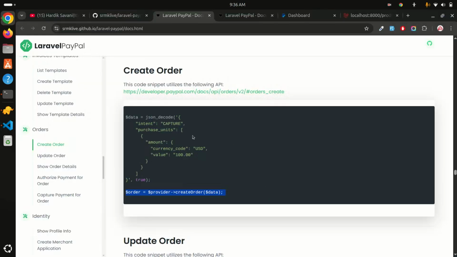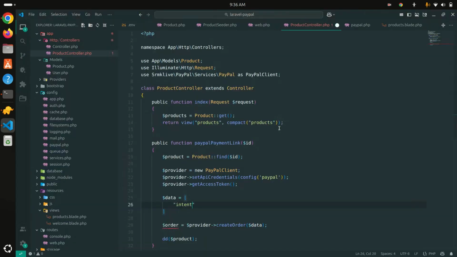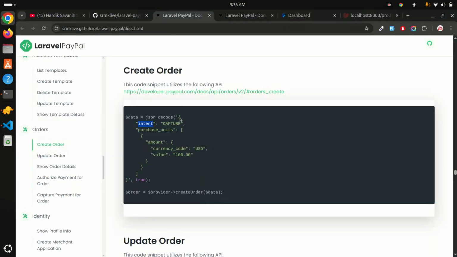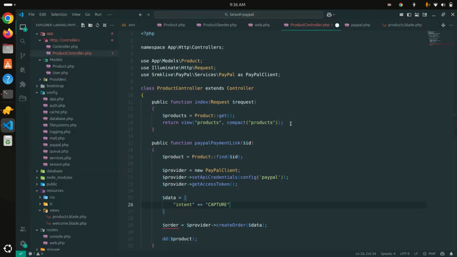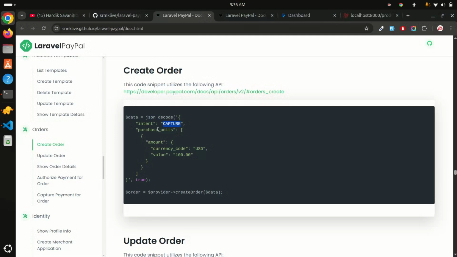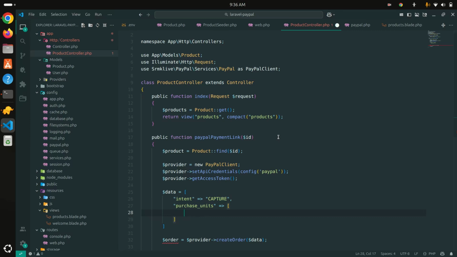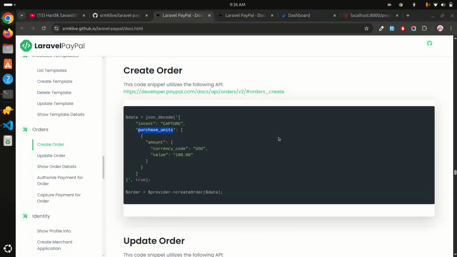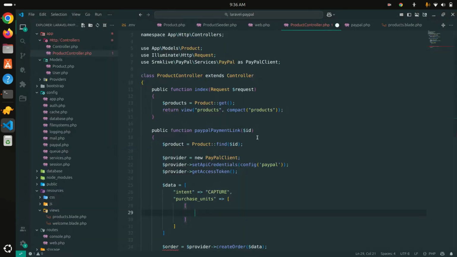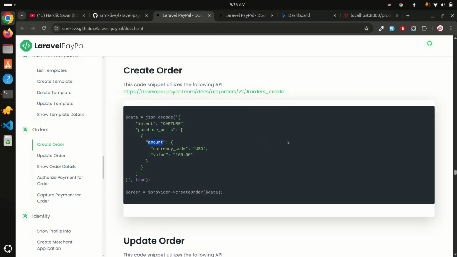In the array they have already provided intent, and intent will be capture, so that means instant payment. Okay, so based on that configuration you can do it. So purchase units, and inside that array there can be multiple amounts, you can pass it. Okay, so inside that array I'm going to pass amount,